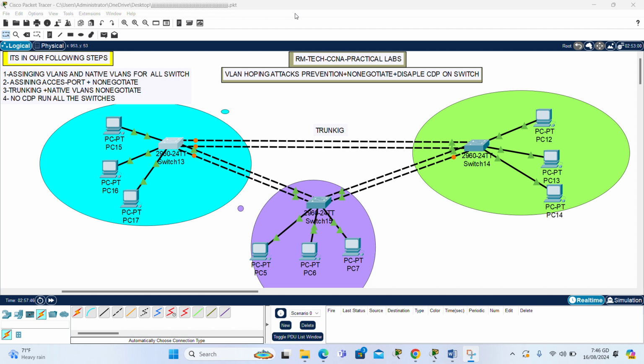In this lesson, we will learn how to configure VLAN hopping attack prevention, plus non-negotiate, plus disable CDP on a switch. So, if we check in our PDF word